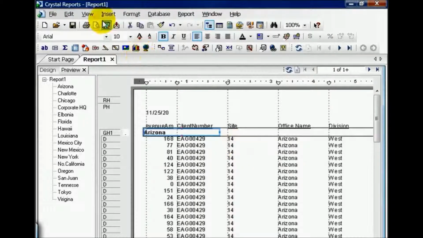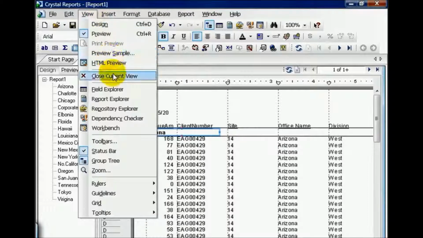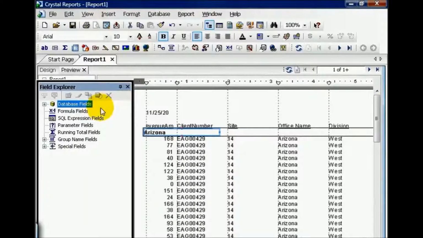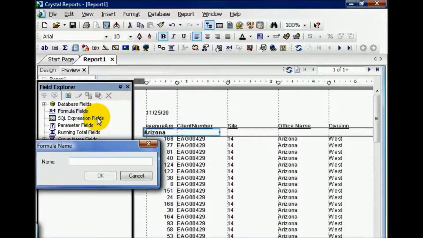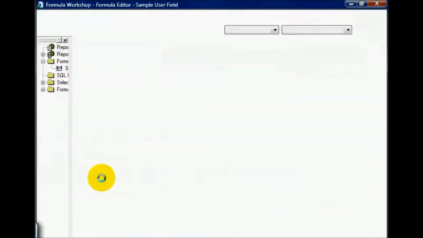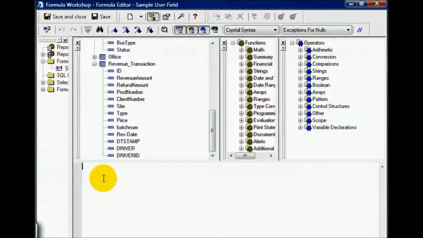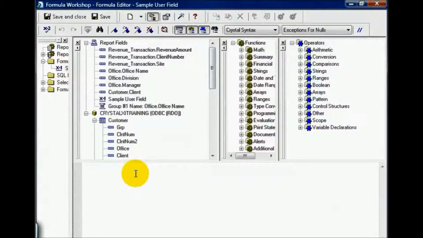From here, let's go to View, Field Explorer, and right click on Formula Fields. We need to create a custom field that we can deal with. We'll call this Sample User Field and press OK. This brings up our standard formula editor. In this case, we're going to make it an if-then. Let's go ahead and scroll up to the top so we can see what we need to pull in. We're going to say if the office division equals east, then